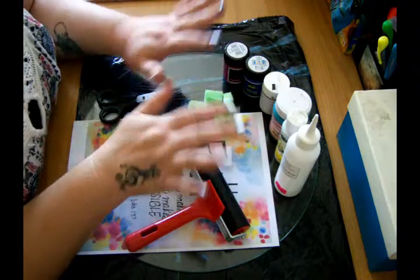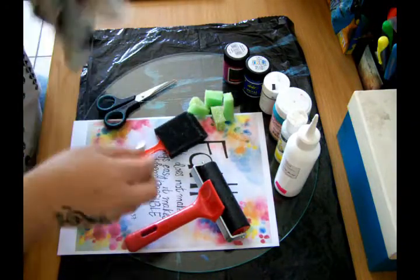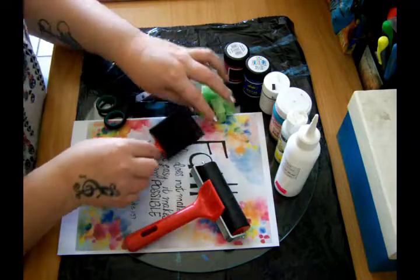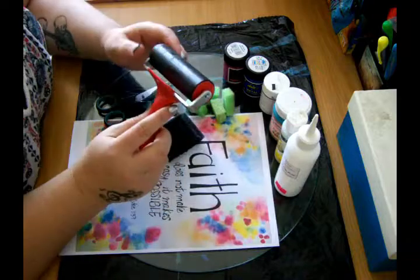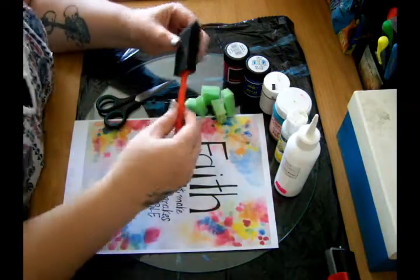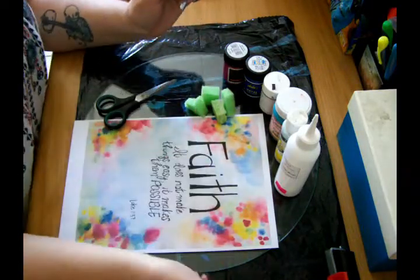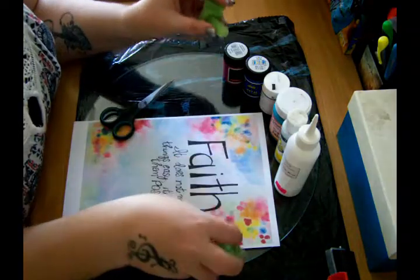You'll see that with the other product you also just need to keep a cloth on hand to wipe off after you've washed off your sponge. Okay, so the products that I'll be using, first of all, a rubber roller, which you'll see now what you're going to use it for, a rubber paint sponge paintbrush, and little sponges that you're going to be sponging the paint on with,